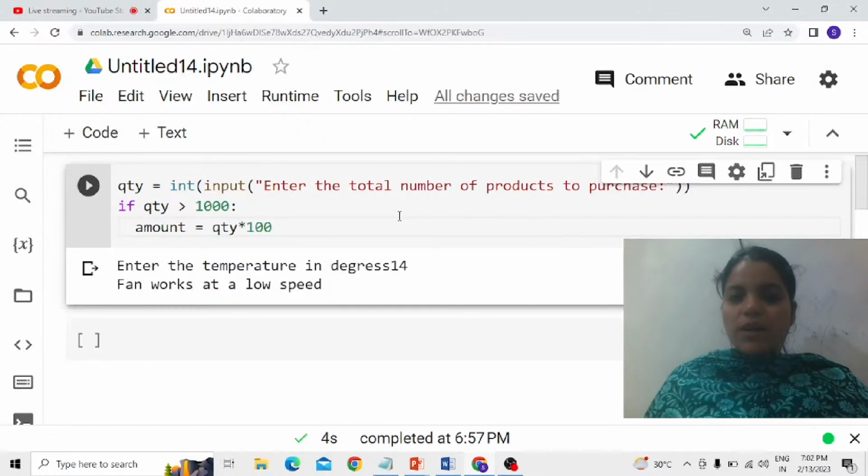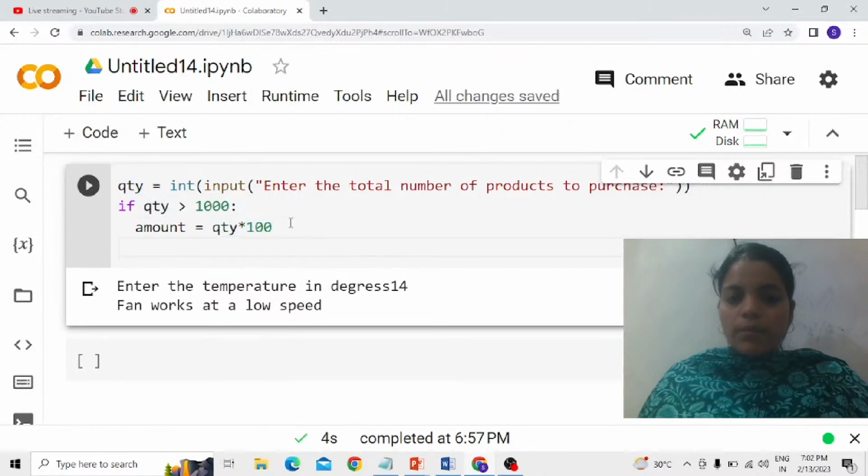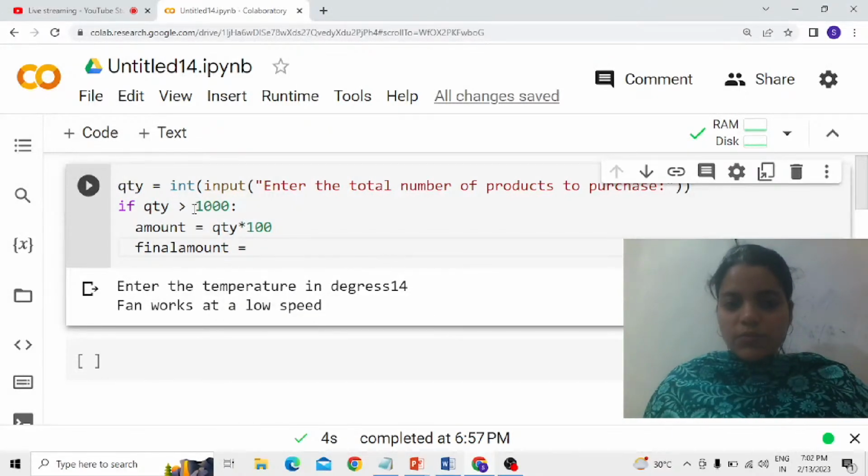Oh, sorry, not 1000 but 100. If the price of one product is 100 and I purchased 2000 products, so the final amount I have to pay you is 2000 into 100, correct? That will be the amount. But how will I say final amount will be equal to,